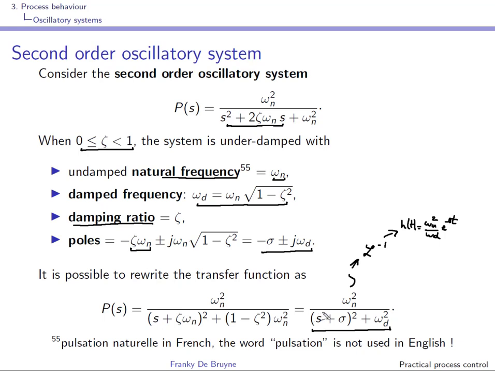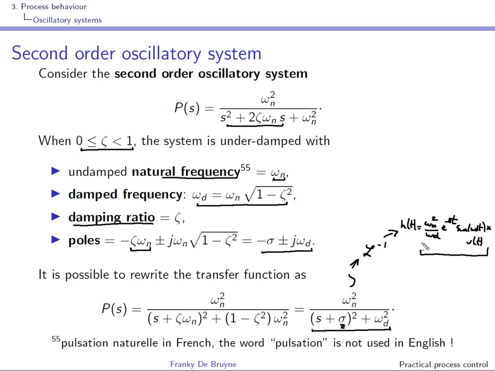This comes from this translation in the s domain by sigma, right? And then a sine of omega d t times u of t. Okay, so such a system has an oscillatory behavior, and the impulse response is a sine that is damped,